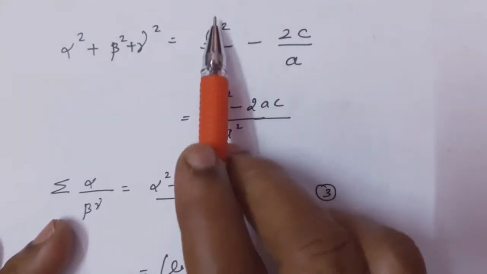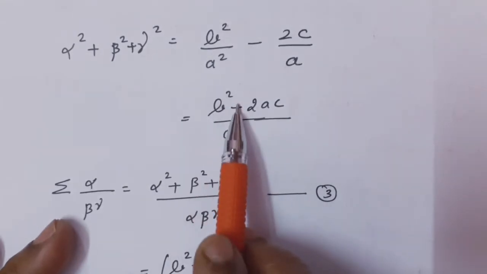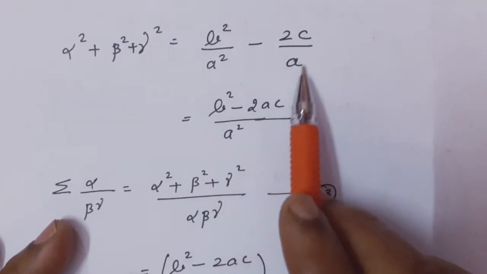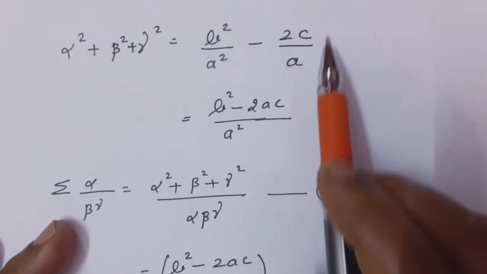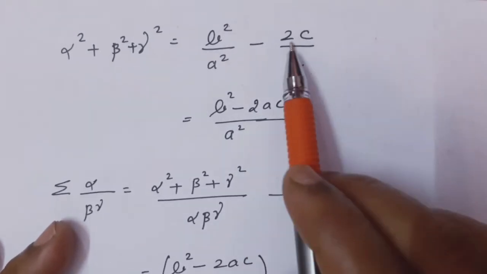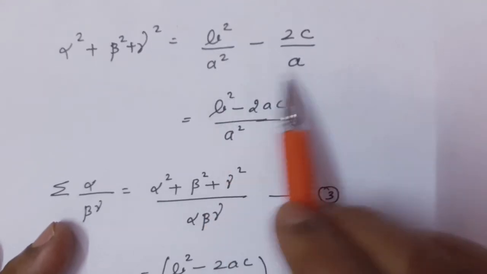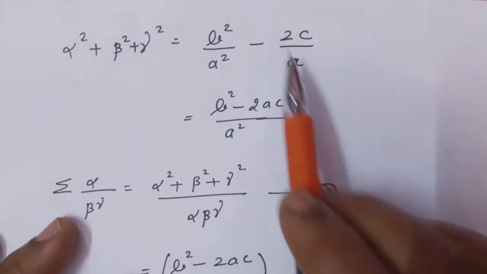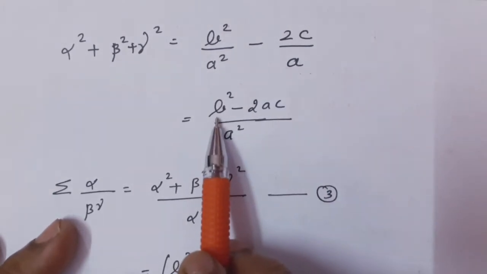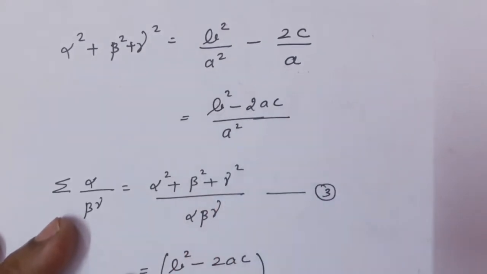Therefore, without disturbing the denominator, in the numerator write b square as itself minus. Here we need one more a in the denominator, so again numerator and denominator are multiplied with a. So 2ac, and both are having a square, whatever method you follow. So multiply and divide by a, we get 2ac divided by a square. Now numerator is b square minus 2ac by a square.